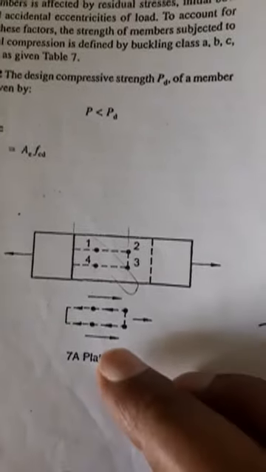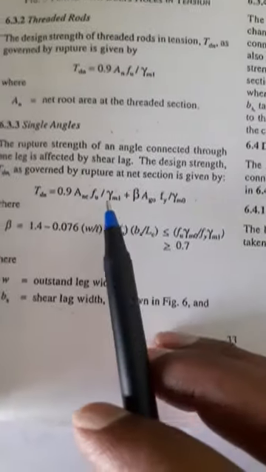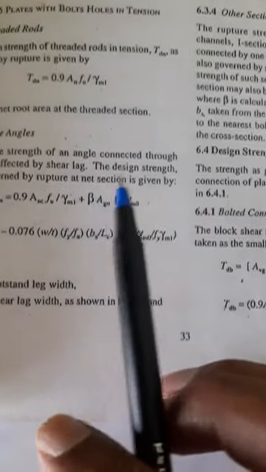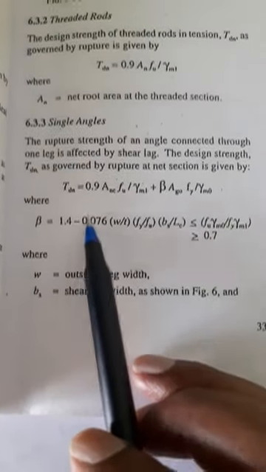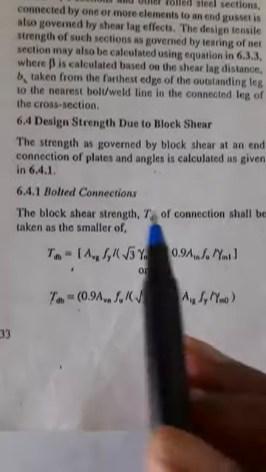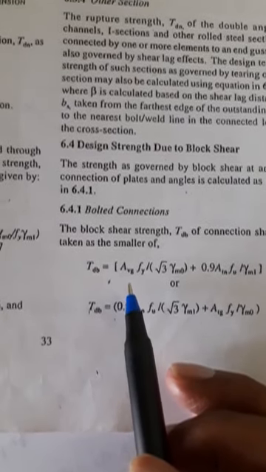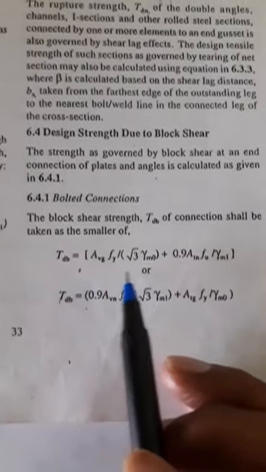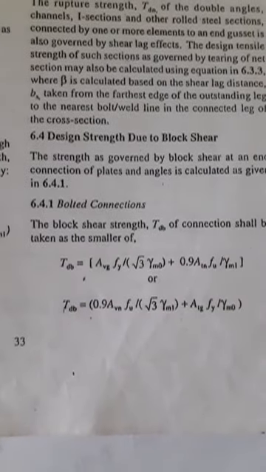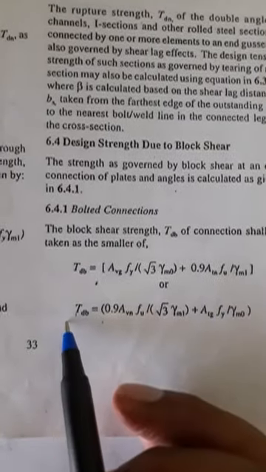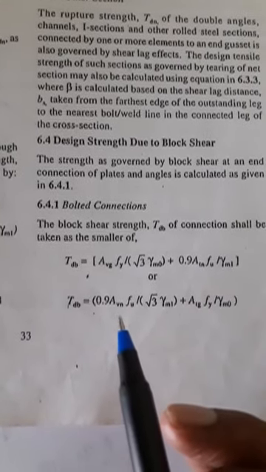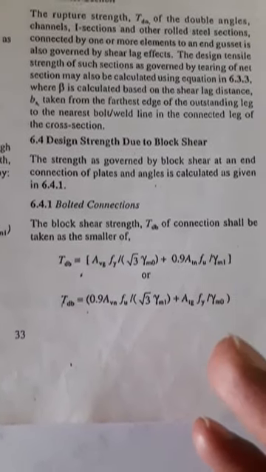So I will be requiring these values. Many a times students will be confused as to which values to find out. So I will tell you a simple thing. First what you do is always write these equations, TDB1 and TDB2. Once you write these equations, you will understand which terms to find. So first note down the equation.